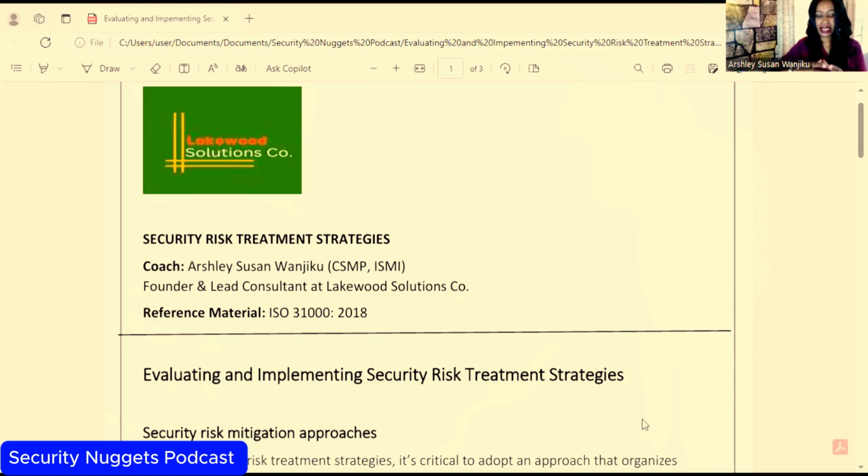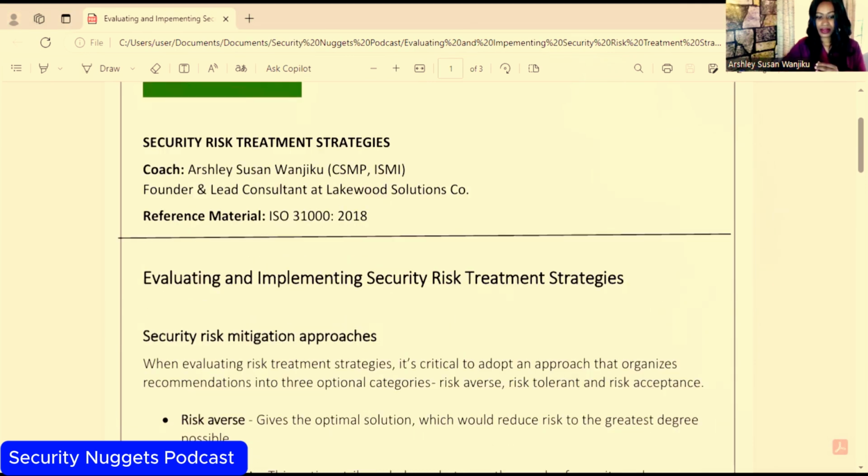Again, we're also going to have a look at what the mitigating strategies are. How can you mitigate? What are the various ways that you can adopt to mitigate different types of risks within your organization that are targeting those critical